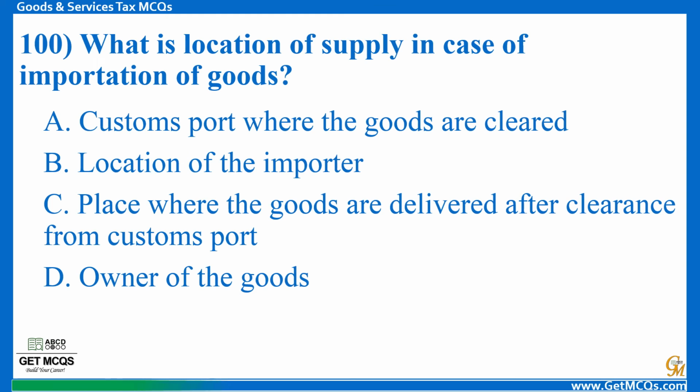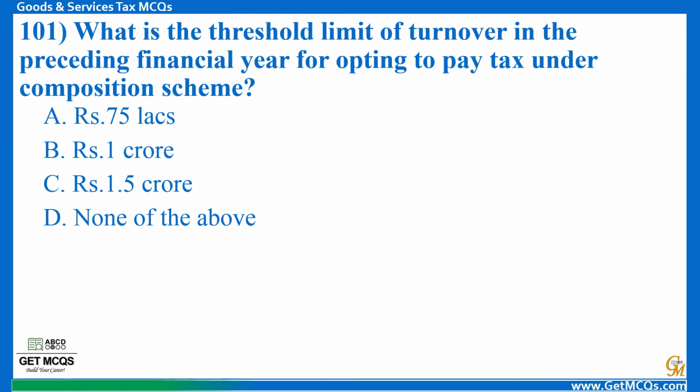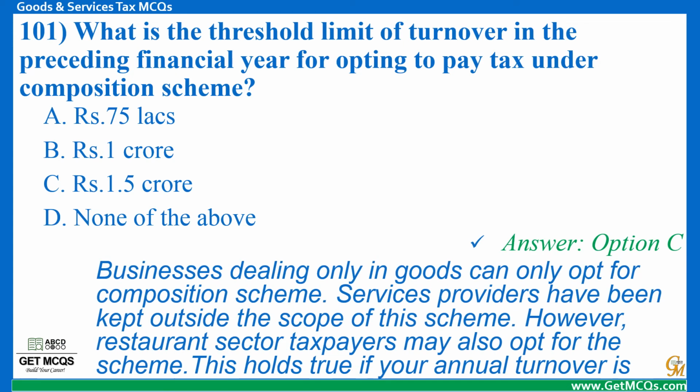100. What is location of supply in case of importation of goods? Answer: Option B. 101. What is the threshold limit of turnover in the preceding financial year for opting to pay tax under composition scheme? Answer: Option C. Businesses dealing only in goods can only opt for composition scheme. Service providers have been kept outside the scope of this scheme. However, restaurant sector taxpayers may also opt for the scheme. This holds true if your annual turnover is